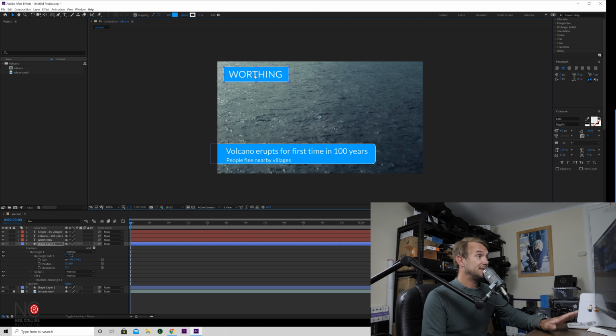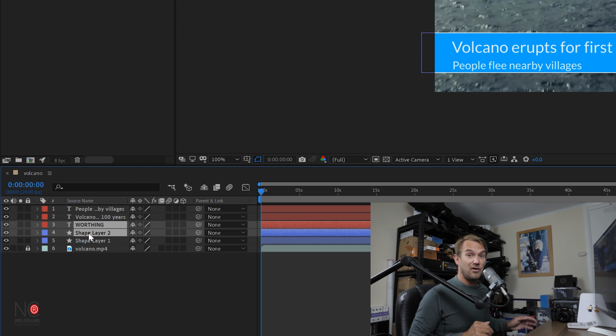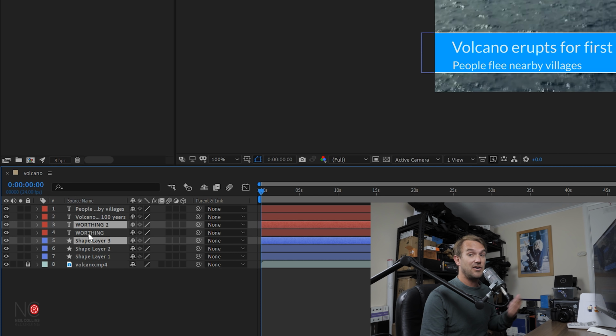Now I want to write some similar text with a similar box but on the other side. Rather than creating this all again, I'm going to duplicate this and then move it over. Okay, so the way we do that, we're just going to click on Worthing, hold down Shift. To duplicate it, just Control or Command D, okay? And now we've got a duplicate layer. Now what it will do, it will group the text and group the shape layers. We're going to move these two layers so that they're underneath the layers that we've just made. Okay, so we just drag those